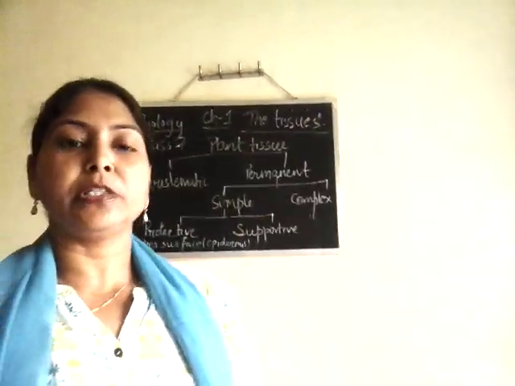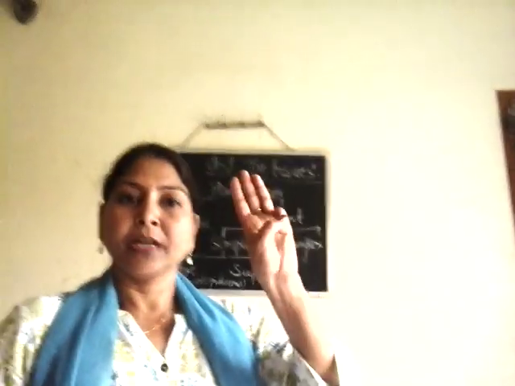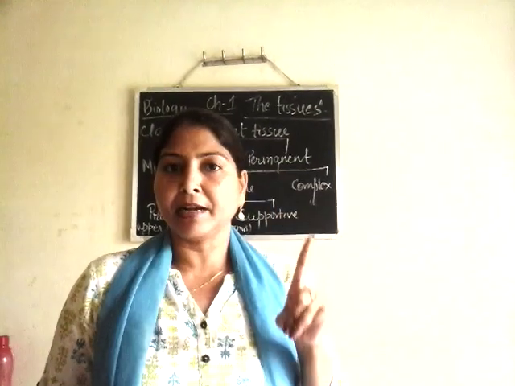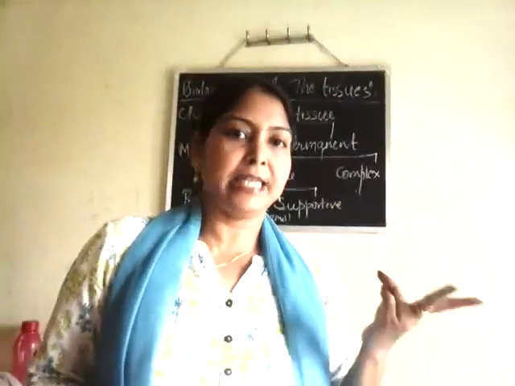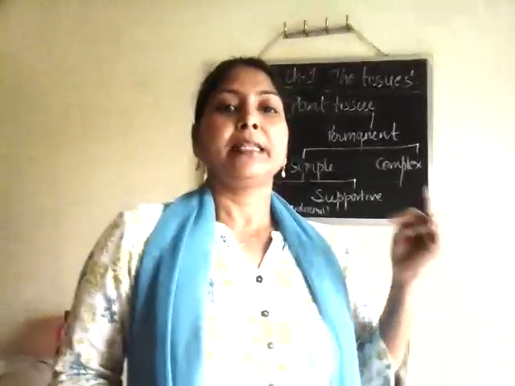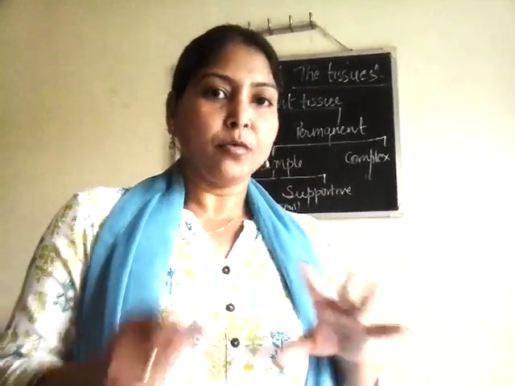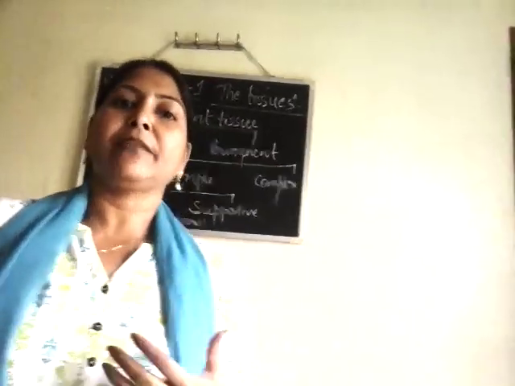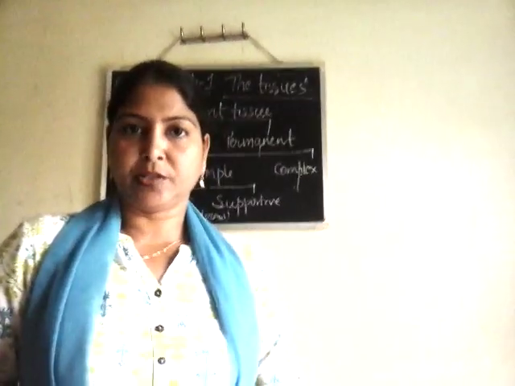If you have gone through your chapter, you must have read that supportive tissue is further divided into three main types. First one is parenchyma, second is collenchyma. It is also known as chlorenchyma. Two names but they are the same. Two terms but they are the same. Collenchyma and chlorenchyma, both are the same. Then the third one is sclerenchyma. I know the terms are a little difficult, but you have to learn to pronounce them properly, and also learn the correct spelling of them, right?